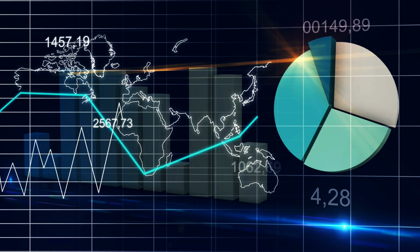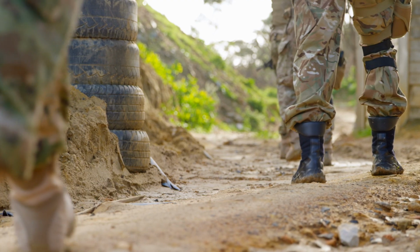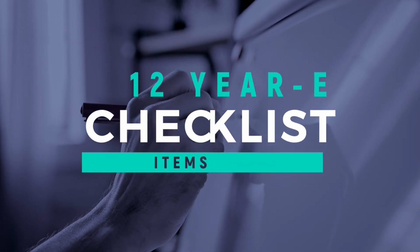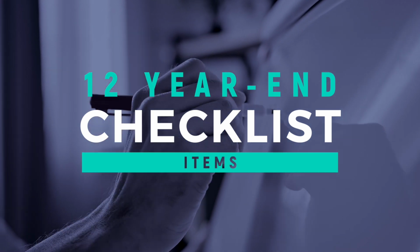The end of the year is one of the most important times, and not only for investors, but for everyone who has money, because there are so many decisions to make that impact our overall finances. And this time around, the year's end is marked with a lot of financial challenges, including inflation, market volatility, domestic and political uncertainties, and global geopolitical risks. So to help you navigate these complicated times, in this video, I'll cover 12 year-end checklist items to review and